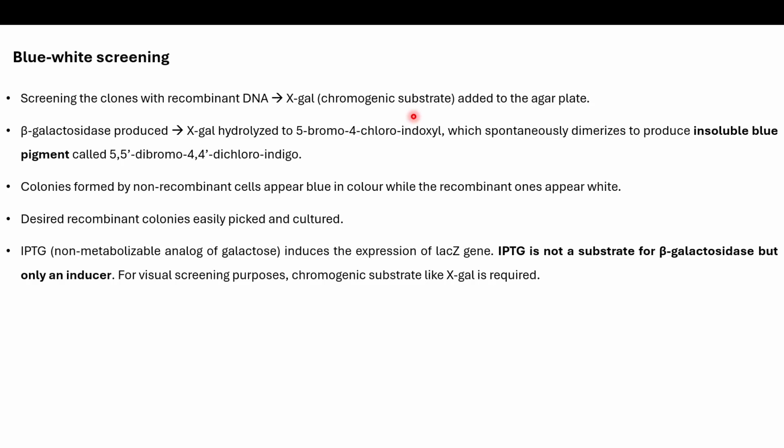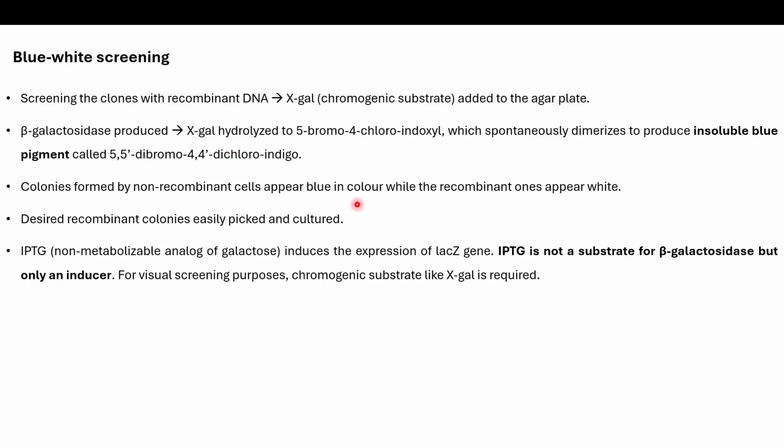X-gal is a chromogenic, or color producing, substrate which is added to the agar plate. Now, if a fully functional beta galactosidase enzyme is produced, it will hydrolyze this X-gal substrate and subsequently form an insoluble blue pigment. So colonies that are formed by non-recombinant cells that don't have an insert, which hasn't hampered the formation of beta galactosidase, will have normal beta galactosidase activity, thereby appearing blue in color because the X-gal is present in the medium and that will actually